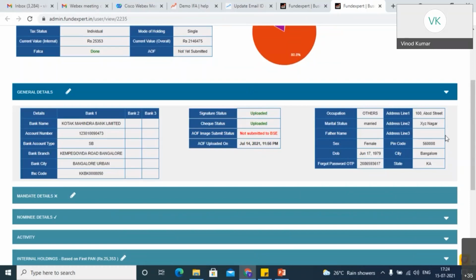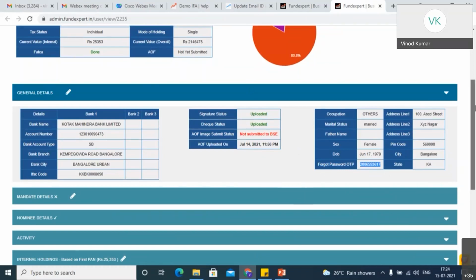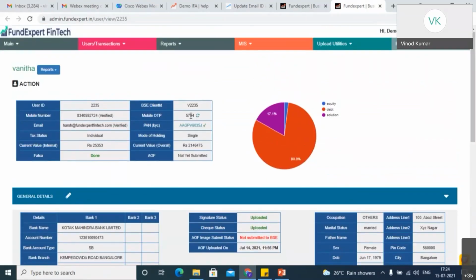Okay, and other occupational details, everything is available here. See, there is one more OTP also available, the forgot password OTP. OTP is generated in two cases. One is to verify mobile number. The second time the OTP request is done is when he is onboarding. So for onboarding and for normal mobile verification OTP, you can get that OTP from here.